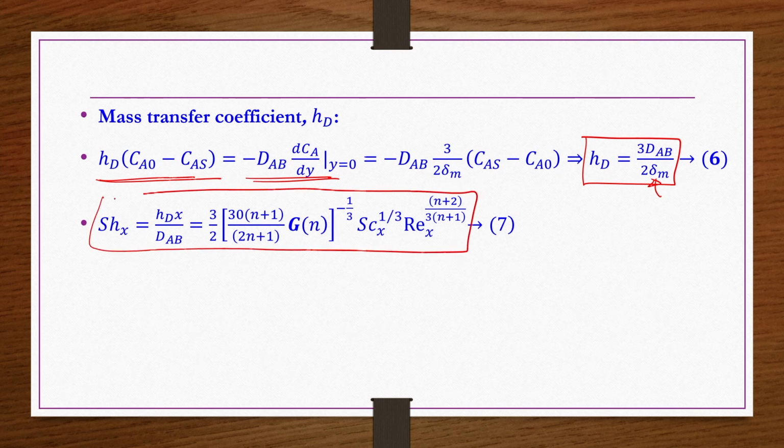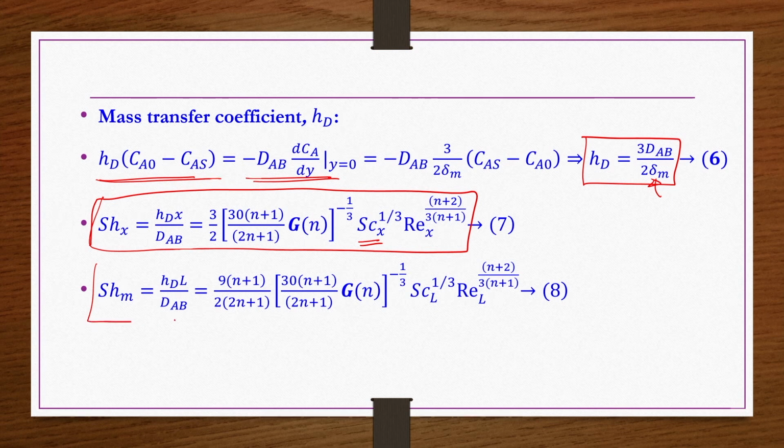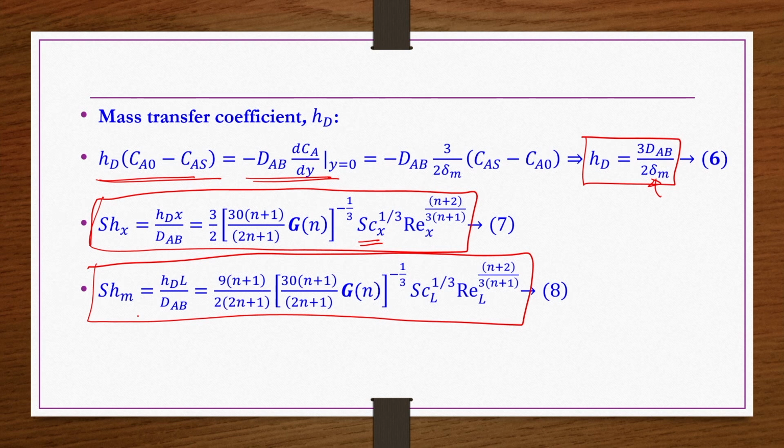So, you get that one, and then you do all the simplification and rearrangement. Then you get the local Sherwood number, which is similar to the local Nusselt number in the case of thermal boundary layer flows. That is what you get here, but you have to be careful that here you now get the Schmidt number rather than the Prandtl number, because it is the mass transfer boundary layer that we are considering. So, the average Sherwood number along the entire length of the plate, from x equals 0 to x equals L, would be this one, right.